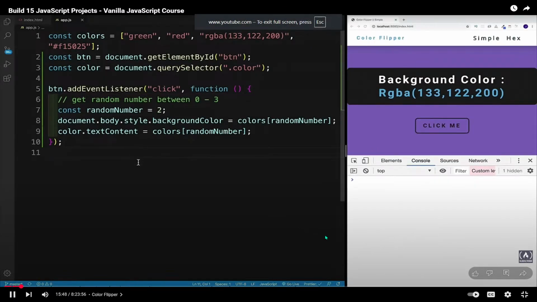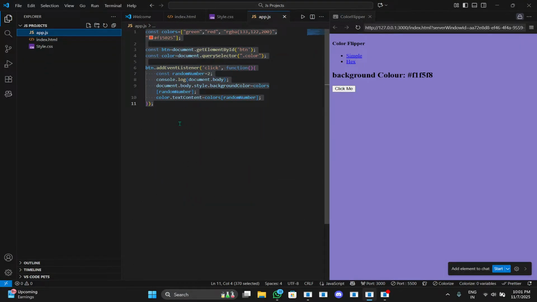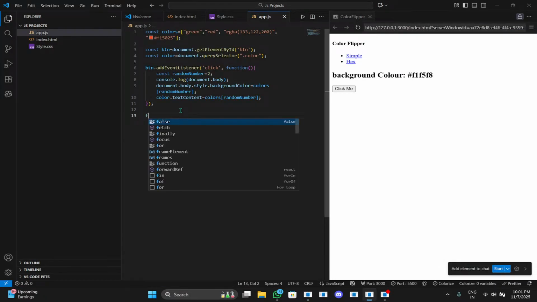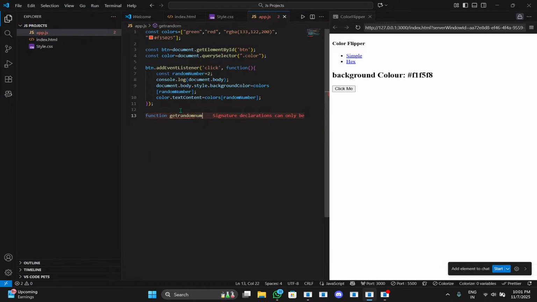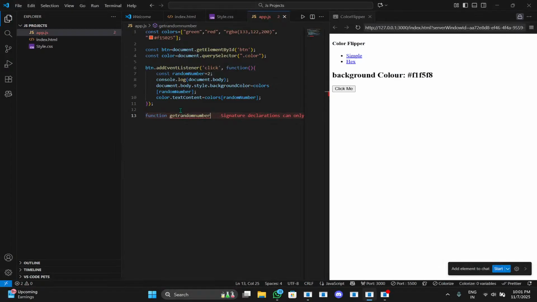and 3. And I'll call this function get random number. So I'm just going to go here with a function keyword, then get random number. Now I'll not accept any parameters, but I will return from my function a math random method. I will invoke and go here